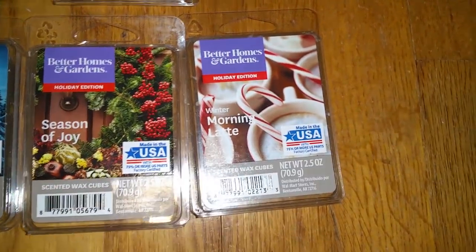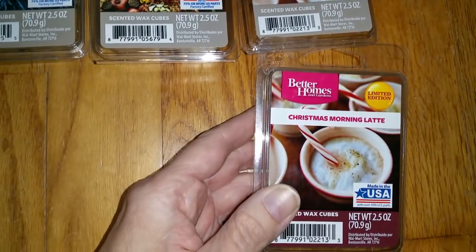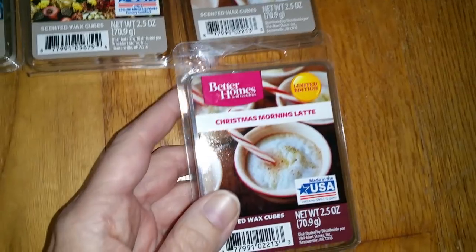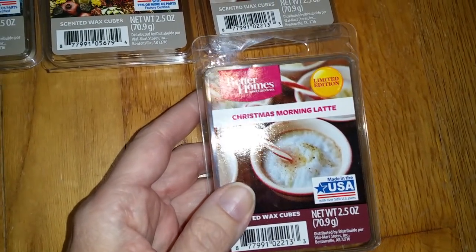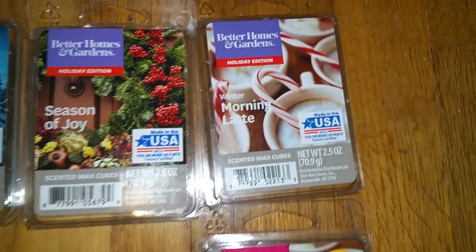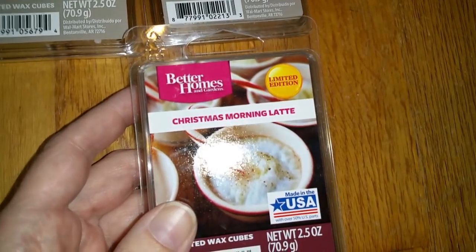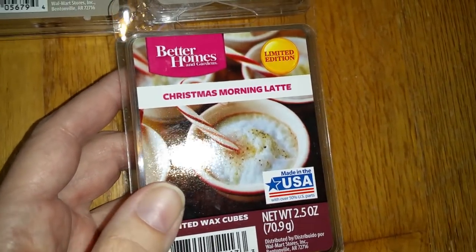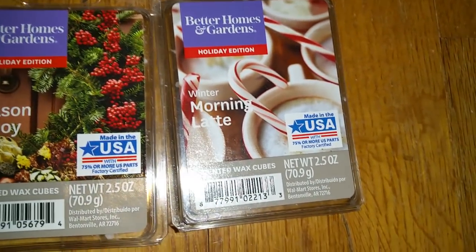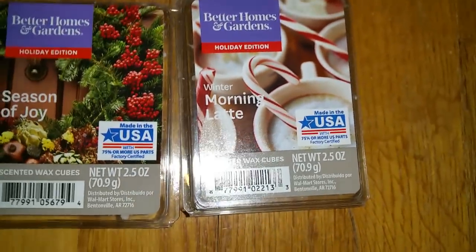Winter Morning Latte. I'm sure they changed the name of this from Christmas Morning Latte in 2015. Actually, this scent came out in 2013, came back in 2015, and now it's back again in 2017 with the name Winter Morning Latte instead of Christmas Morning Latte. Again, probably due to political correctness or whatever. Despite the fact that there's a candy cane in here, it's absolutely not a minty scent at all. And the scent notes are,